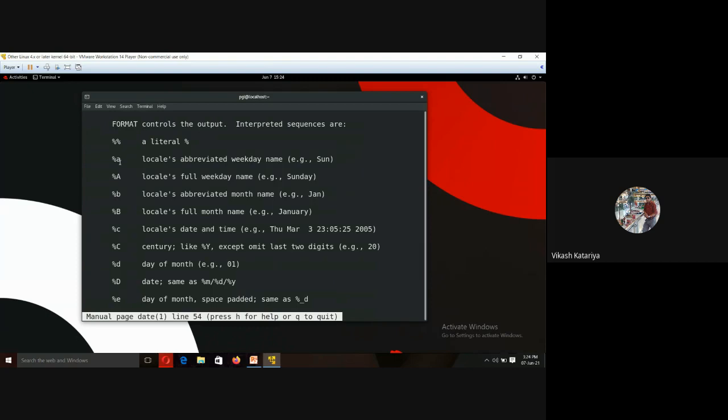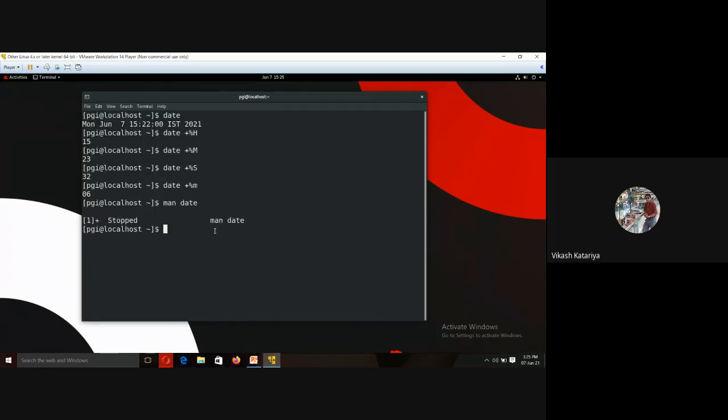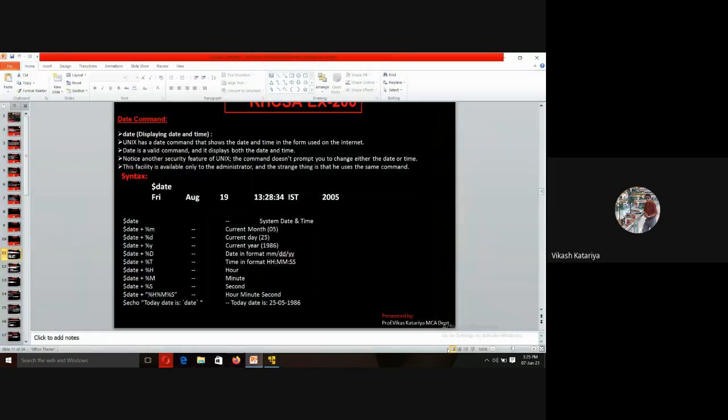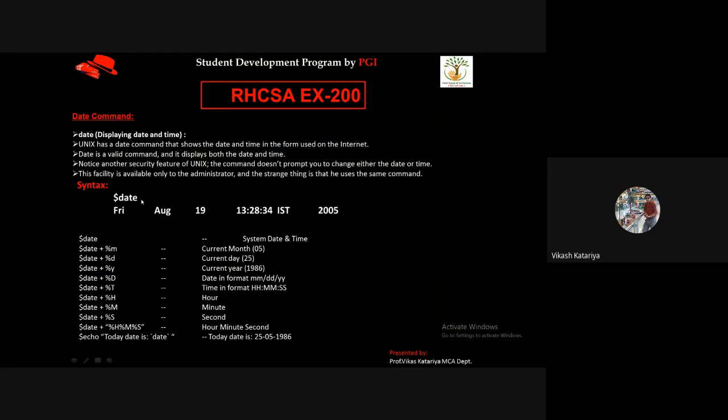So small a, capital A for the full day name, small b for the abbreviated month name. That means we can customize the output of the date command by using some alphabets, by using some parameters. Now to clear the screen, put the clear command and press enter. So this is how the date command operates with a number of parameters.